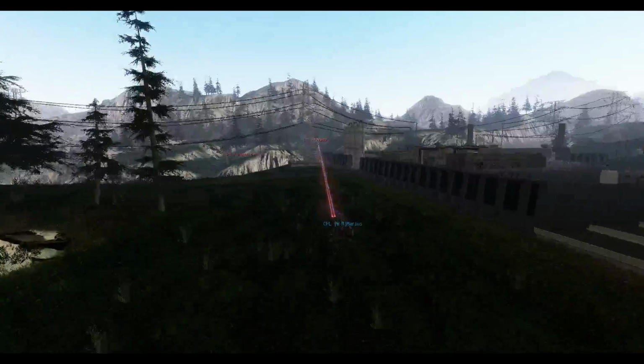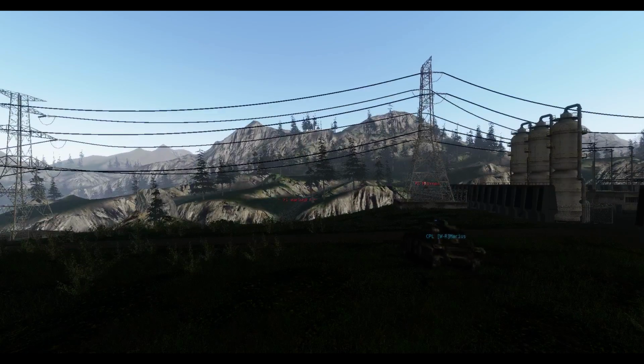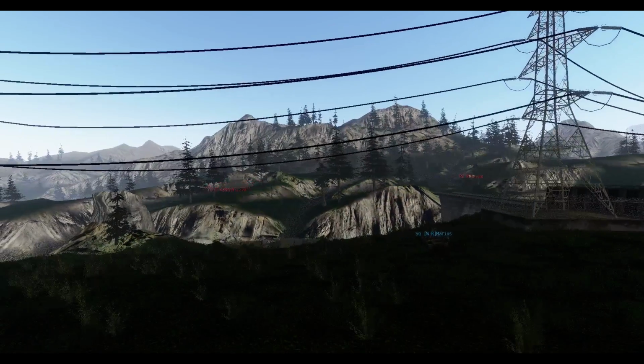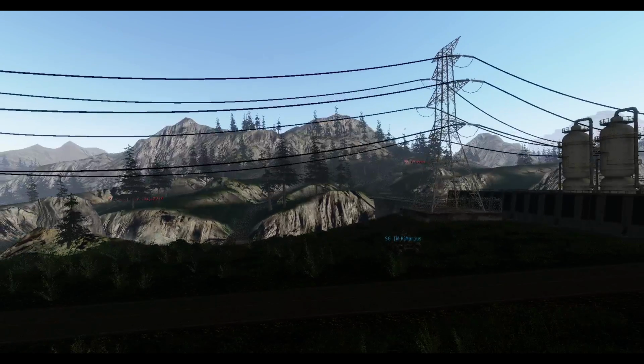Marius, largely undamaged. Has some range, LPL, LBX-20. Warlord Kentax is going to have to get in to assist Proxima. If the MK2 goes down, this most likely is going to be the defender's victory, because Warlord Kentax has been firing a lot of missiles. It does carry a reload of ammo, but